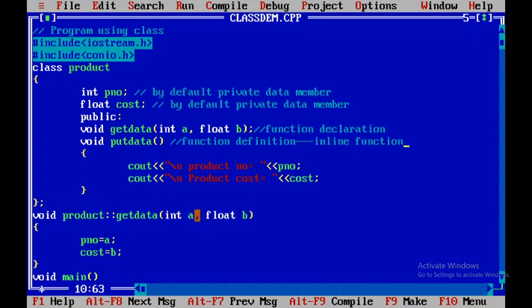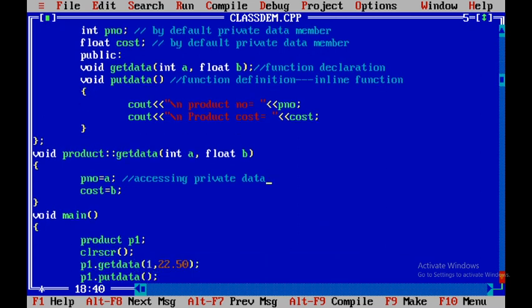Whatever value the first parameter a is given, we are going to assign to PNO. So here we are accessing private data. PNO as well as cost, both are private. So PNO equals a, cost equals b.